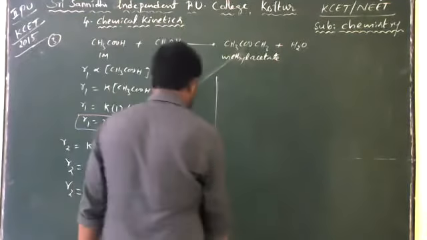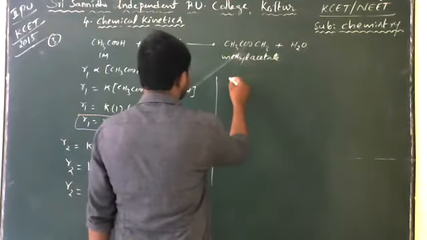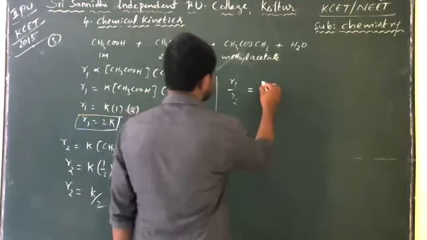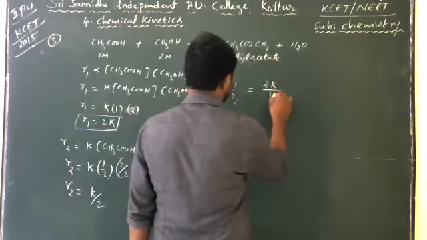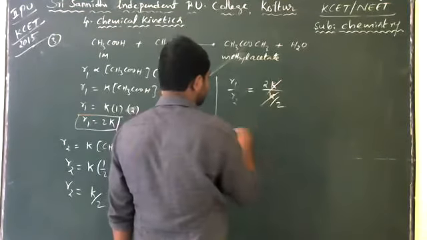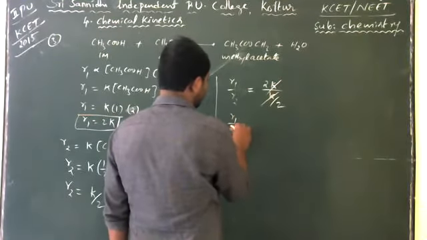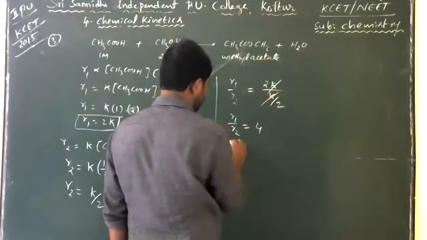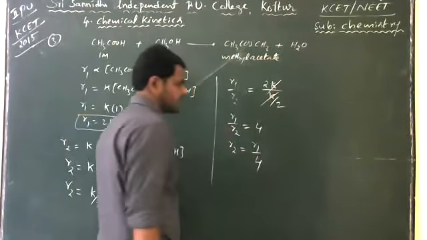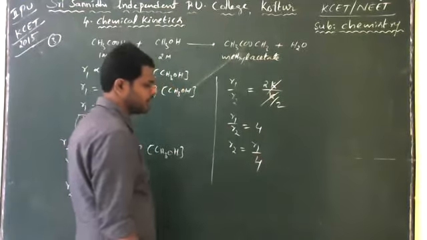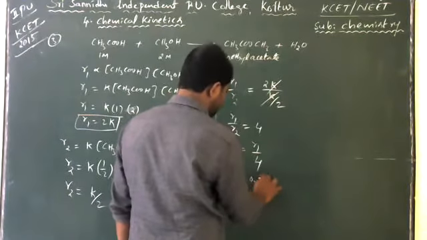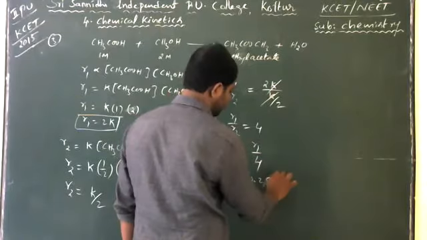Then what is the change here? So R1 divided by R2 is equal to 2K divided by K by 2. Then K gets cancelled. Then R1 divided by R2 is equal to 4 we have to get. R2 is equal to R1 by 4 we get here, right? R2 is equal to R1 by 4. Then we also take here R2 is equal to 0.25 R1, which is right?